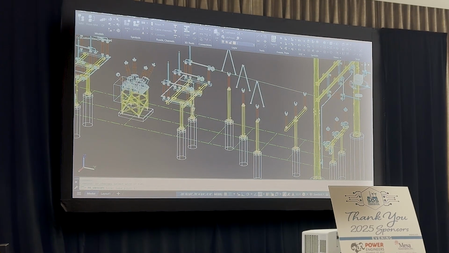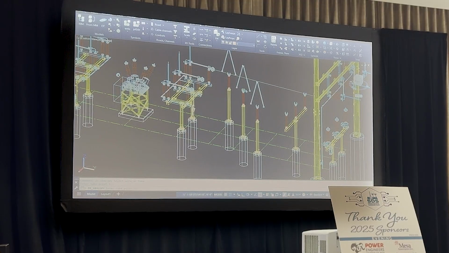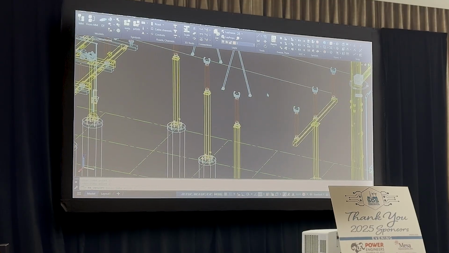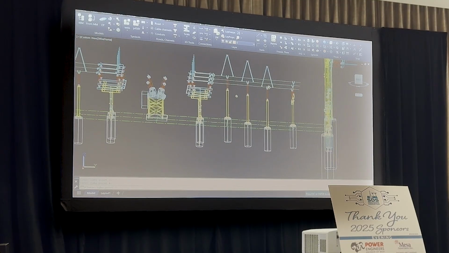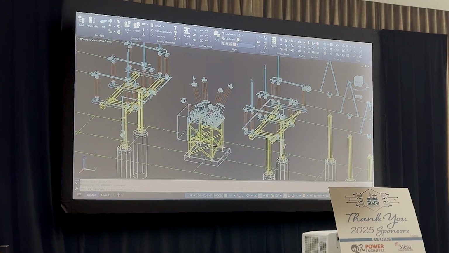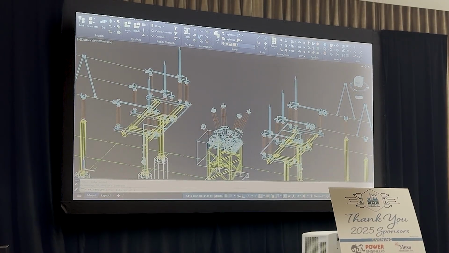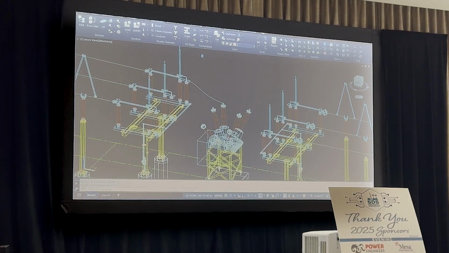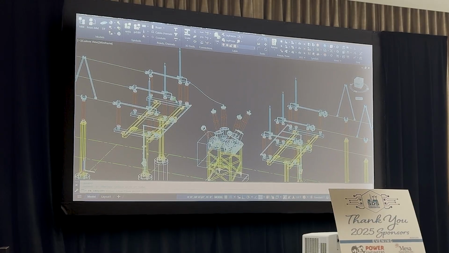Oh, wrong point. So I have that bus run out. We have this breaker, which I said we could do with modules, which we will in a little bit. And I would also run cable to this breaker. Again, I'm not really going to give it a whole lot of geometry on this one. We're just going to go here because I'm going to use another tool here in a second to kind of show you